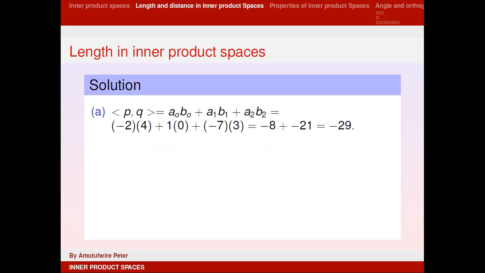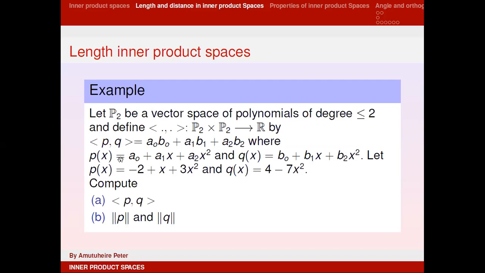Okay, part A, we want to find the inner product of P and Q. From the definition of this inner product, we multiply the coefficients: the coefficients of the constant terms together, the coefficients of x, and the coefficients of x squared, because the degree is less than or equal to 2. So when you look at this polynomial and this definition, it means the inner product of P and Q is